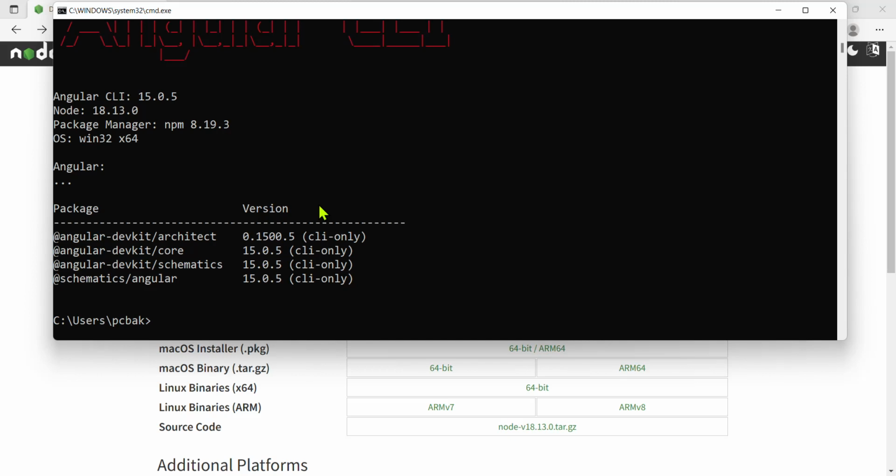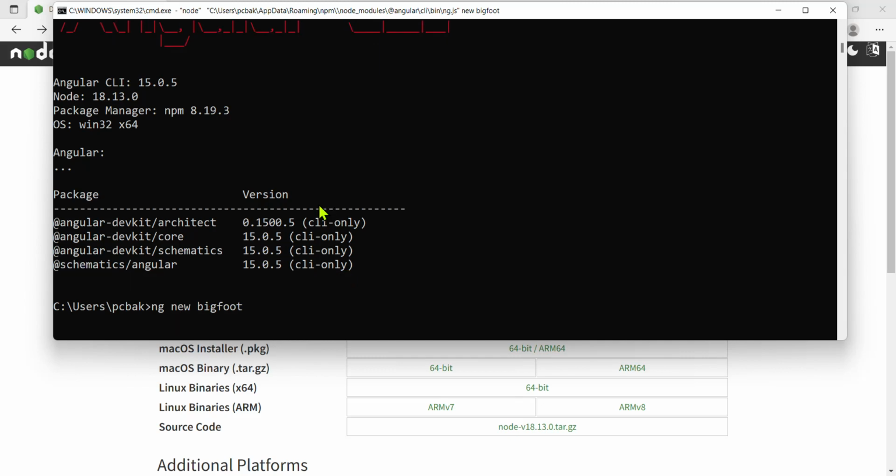So now let's create our first Angular project. I am going to type in ng for the Angular command, new, and I'm going to call this Bigfoot. It's going to be my Bigfoot website. There we go. And Angular is going to create a directory with all the stuff I need to get started